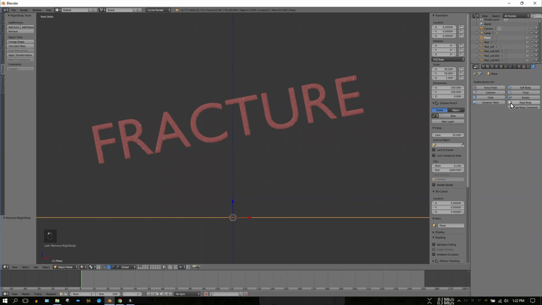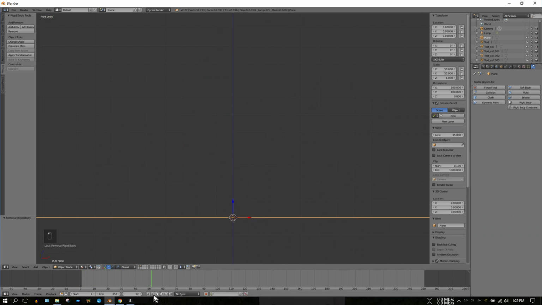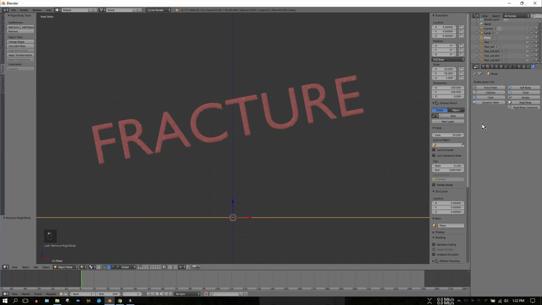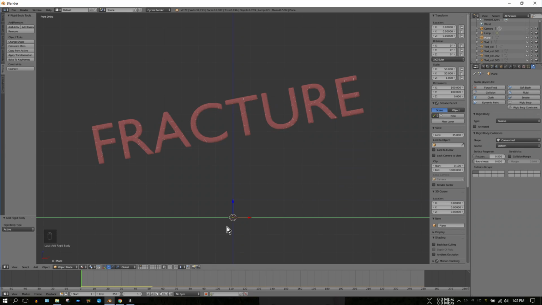I'll go ahead and get rid of the physics for the floor, and then we'll press play, and you can see the text just falls straight down. It doesn't hit anything. So we want the floor to have physics, but we want it to be passive because we don't want it to fall. We don't want gravity to pull the floor down. See, now if we press play,